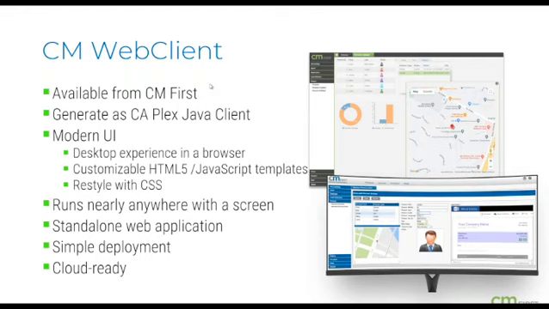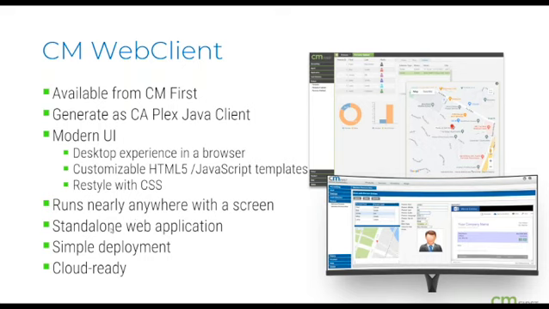So it will work in the browser just like any other web application, but provide the same desktop experience that your desktop application already has. And it's customizable, so you can add your own HTML and JavaScript templates. So if you want to add a map or a Twitter feed to your panel, you can, and you can interact with it via your action diagram. So plenty of options there for modernization.